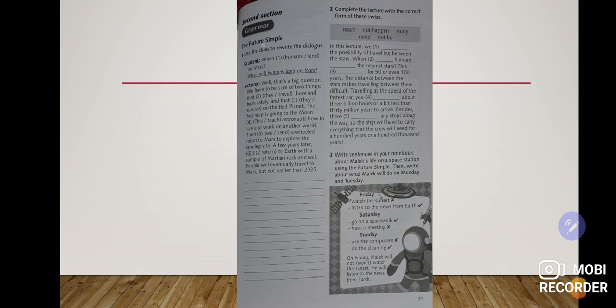The future simple. Use the clues to rewrite the dialogue. Students, when humans land on Mars. When will humans land on Mars? Now, in front of us, we can see this paragraph. It starts with a lecturer. Well, that's a big question.